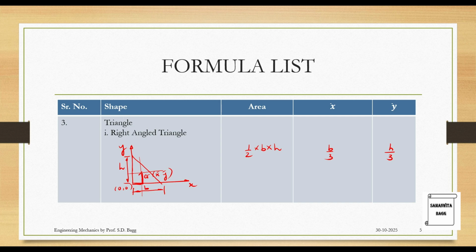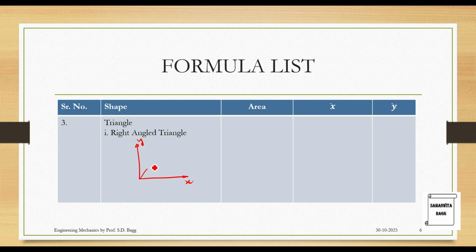Now this is one form of right angle triangle. There can be another form. For example, if this is my x-axis, this is my y-axis, my right angle triangle can be like this. So this is again origin 0, 0. This distance is b. This height is h. Area is very easy. Half into base into height, it is going to remain the same. When you have to calculate centroid, please be careful. It is 1/3 of this base. So 1/3 is here and height's 1/3 is over here. So this is your G, and G is always, please remember, x bar comma y bar.